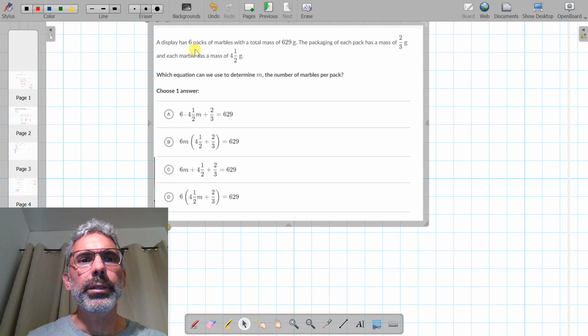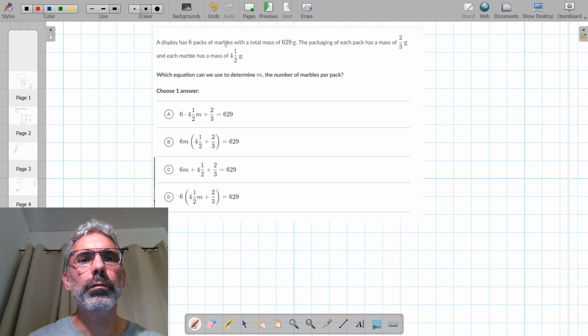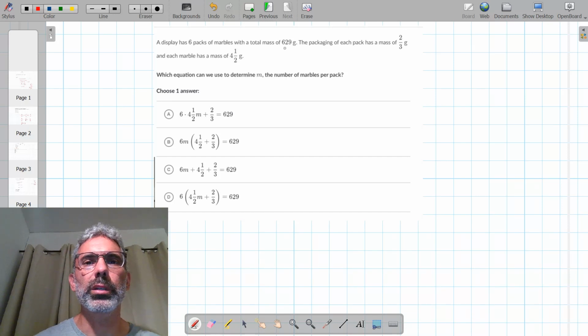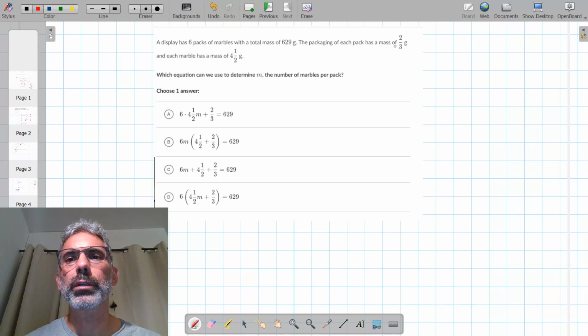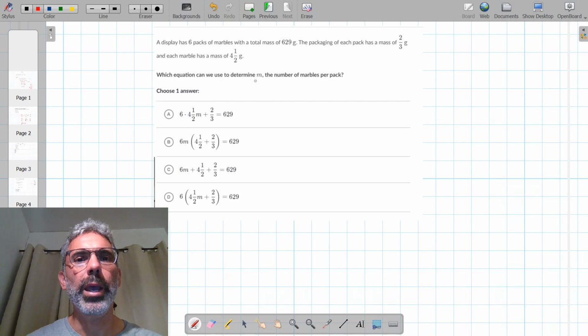A display has 6 packs of marbles with a total mass of 629 grams. The packaging of each pack has a mass of 2/3 gram, and each marble has a mass of 4.5 grams. Which equation can we use to determine M, the number of marbles per pack? Okay, so the total